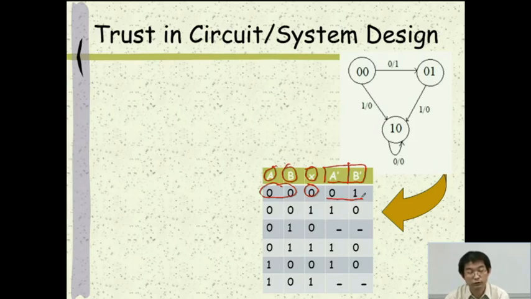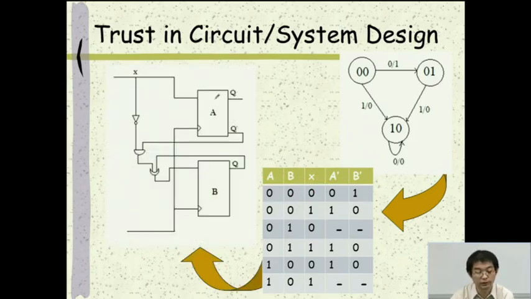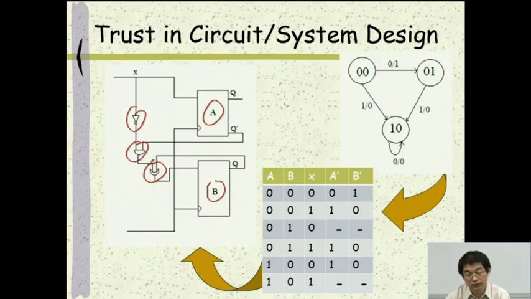So when we follow the traditional design flow, this system can be implemented with two flip-flops like this, A and B, and also with a couple of logical gates here. And what is interesting here is what happens with these two dashes. And when we come back to the system spec, this corresponds to the case